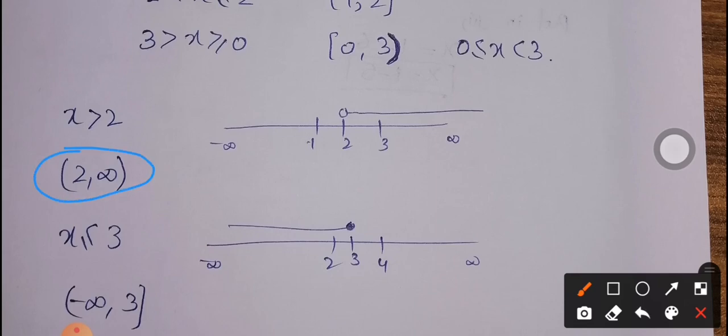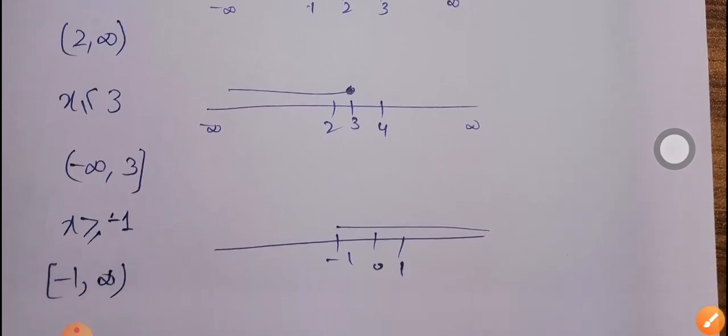So, open interval 2 to infinity. The infinity side always remains open because we can never take x equal to infinity, as we discussed in section 1.1, that we have to avoid the infinity terms from the domain and remove the numbers that make the expression infinity. Similarly, we can never take x equal to infinity, that's why we must use an open interval at the side of infinity. What about if we have x is less than or equal to 3?